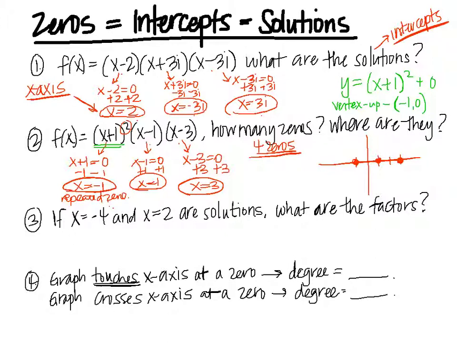So this will be kind of like a parabola that opens upward. But then what happens is because I have other zeros, it's going to go through that 0 and then come back around, and touch the other 0 as well. Now, I don't know the exact picture because I don't have my graphing calculator on me, but the general idea